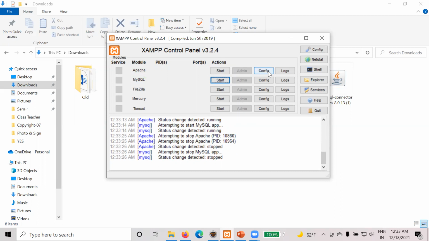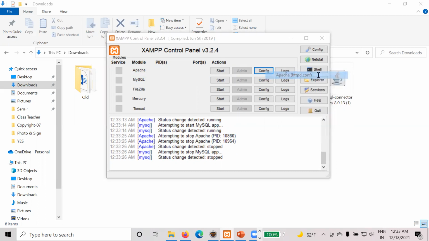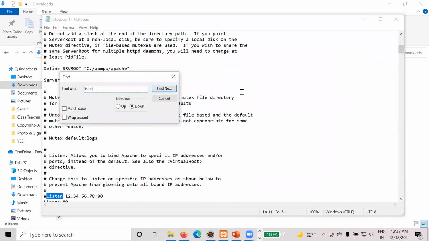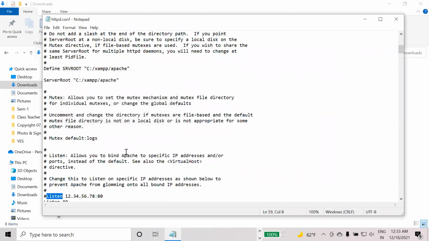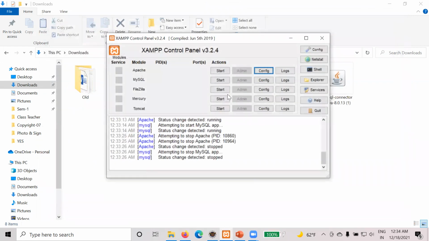So how to configure it? For Apache, you need to go to this config option. First the httpd config file, and here you need to search for the word listen. It will show you the port number here. You need to change the port number and then save the file.